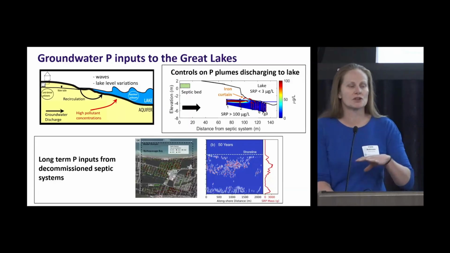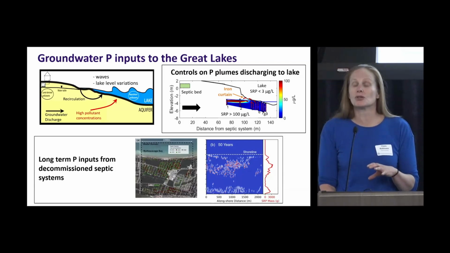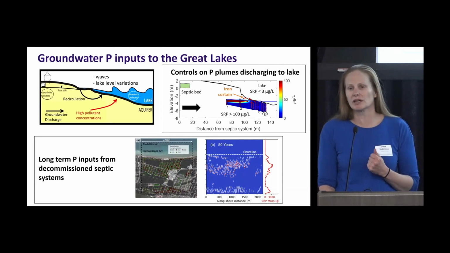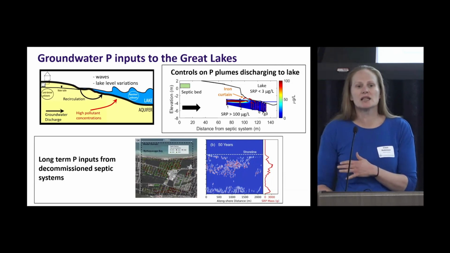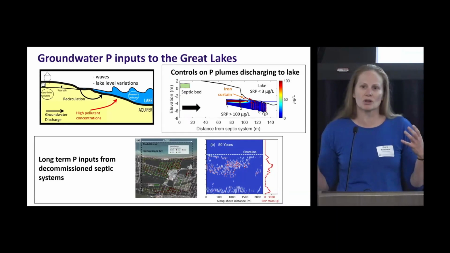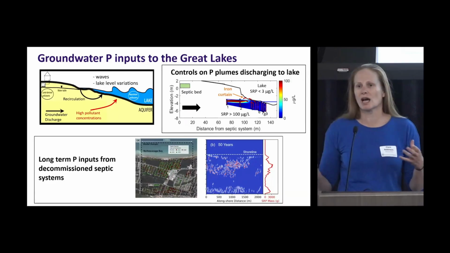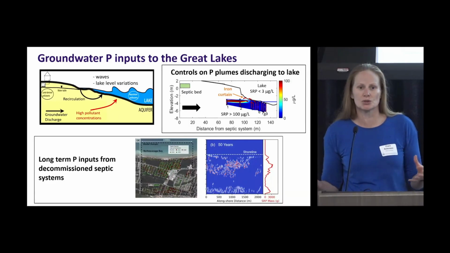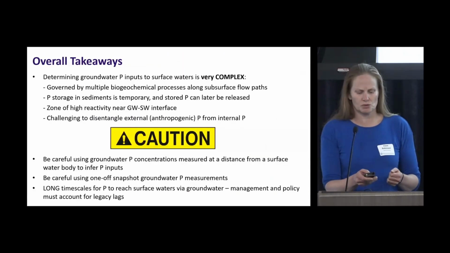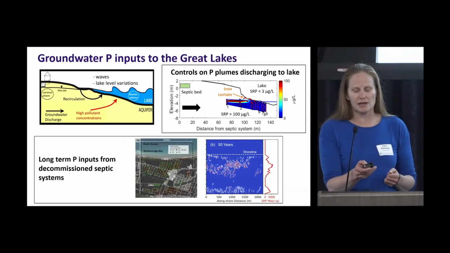So moving from the stream environments, we've also done a lot of work in my group looking at direct groundwater discharge and how important this pathway may be in directly delivering phosphorus into the Great Lakes. There are many different sources of phosphorus in the nearshore areas. One might be that we've got a lot of coastal communities that use septic systems, but we also have a lot of large urban areas where, for instance, we could have leaky sewers that are contributing nutrients into the groundwater. So we've done work trying to understand that pathway from the